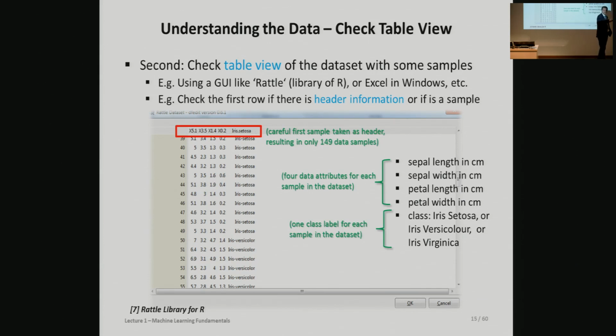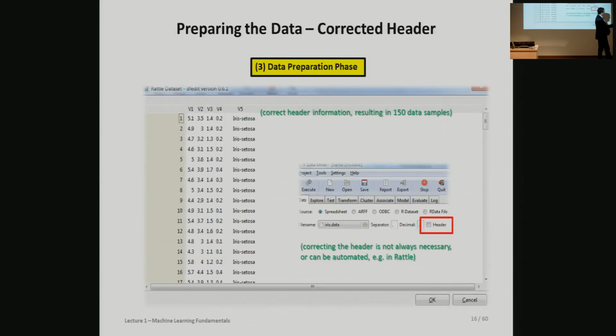And this is something in general, in all the tools that you're looking at, you have to take care and look at these things, because they can influence your learning and also how you look at the data set. So here in this example, you can just say, use the header, right? And say, okay, the header is not there or is there. So that's something you should always do, not only in Riedel, also in other tools.